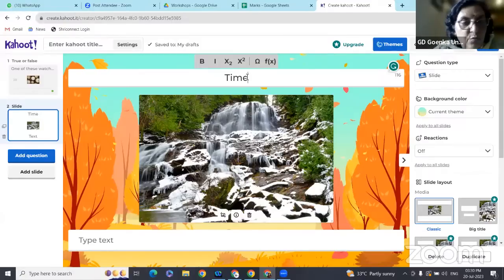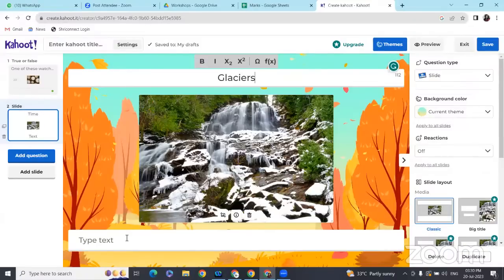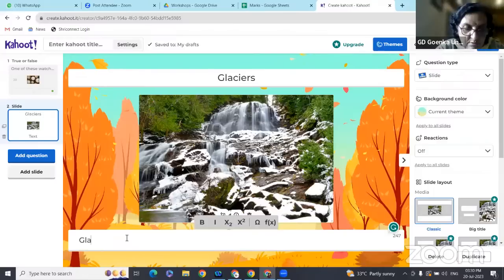So what I'm trying to show is that you can have something which you are showing over here. So glaciers. I can explain over here, glaciers are frozen rivers created